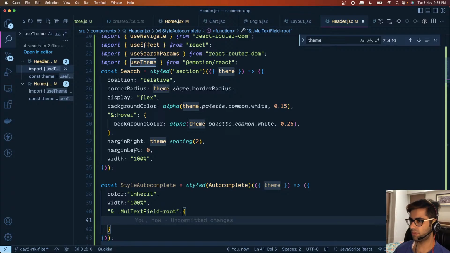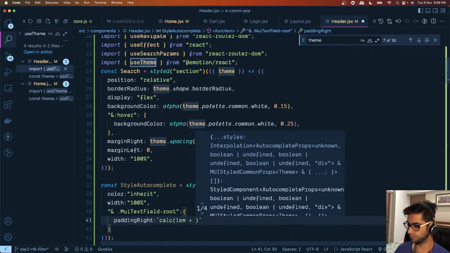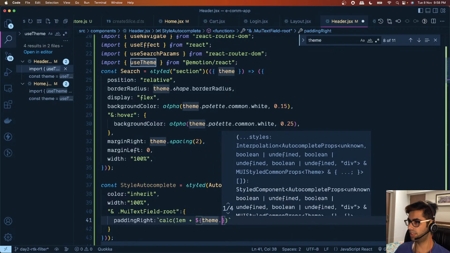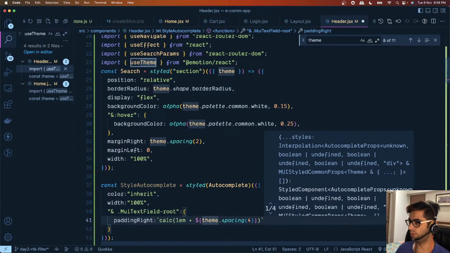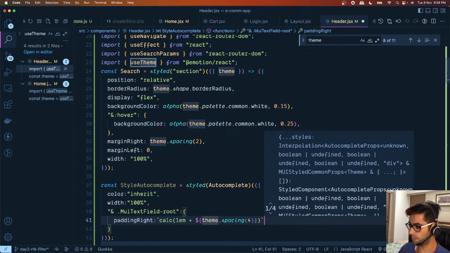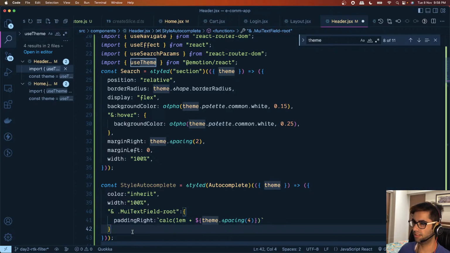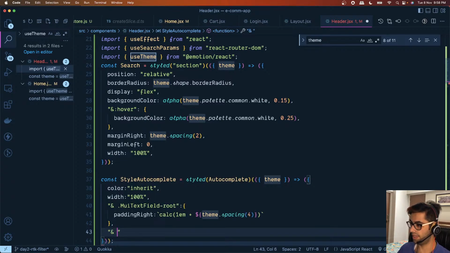So we will say padding, right? We'll use the calc function. So we'll say one element plus ${theme.spacing}, and we'll take 4 times the spacing towards the right. And similarly we have another class for the